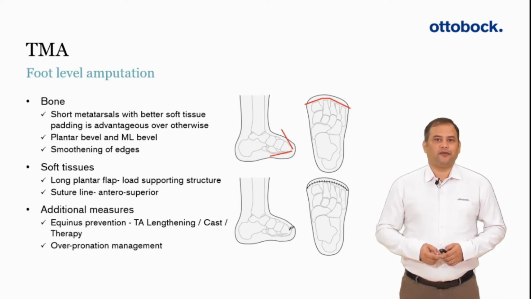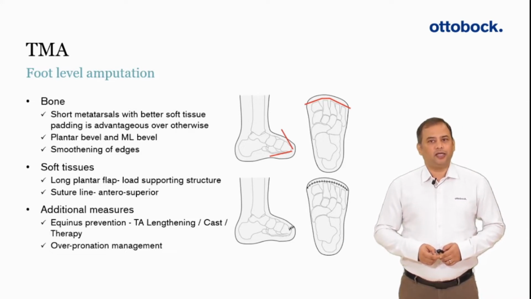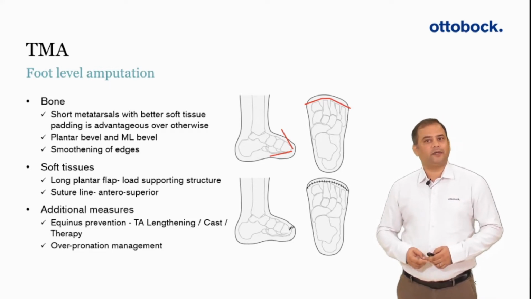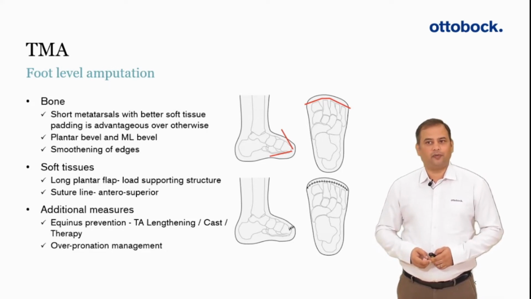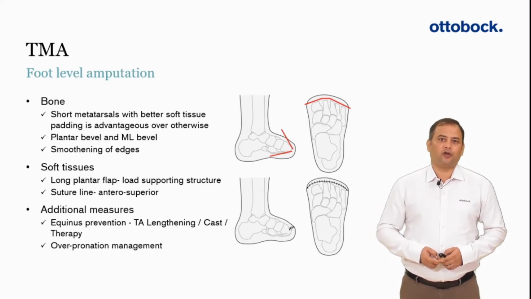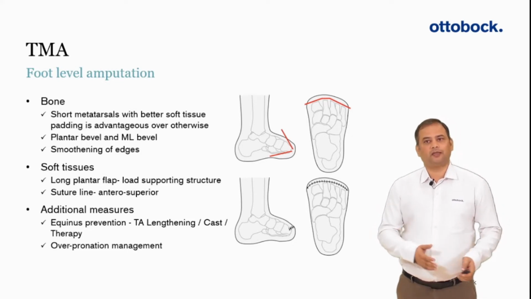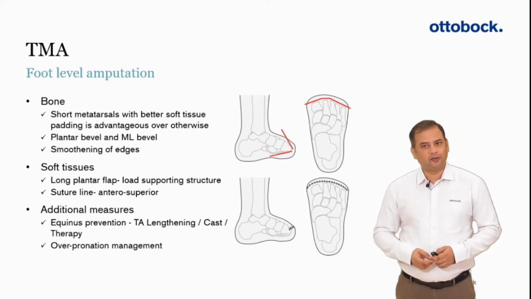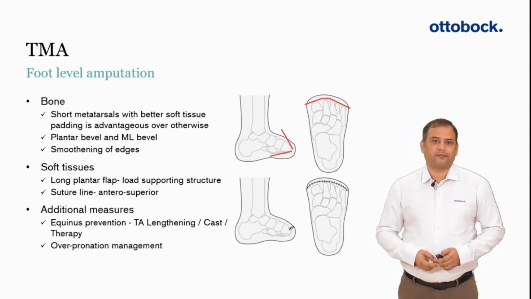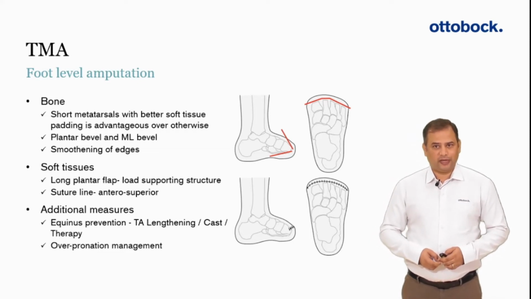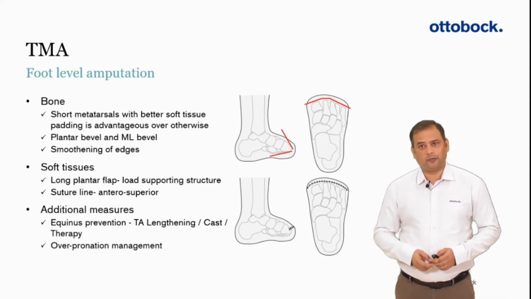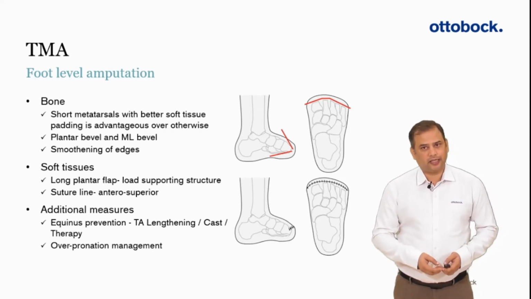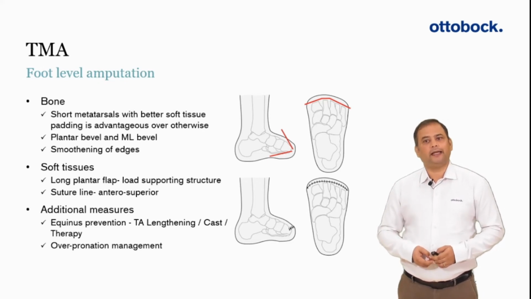A unique challenge we face at this level is the equinus and the overpronation deformity. The advantage gained through surgery is significantly reduced due to this, and we also see greater deformity with a longer gap between the surgery and the prosthetic fitment. In trauma cases, tendo-Achilles lengthening is very useful in levels like Chopart, Lisfranc and transmetatarsal. We understand that in case of diabetics this may not be possible. However, adopting other non-surgical measures during surgery and in the post-surgery scenario can be very helpful.